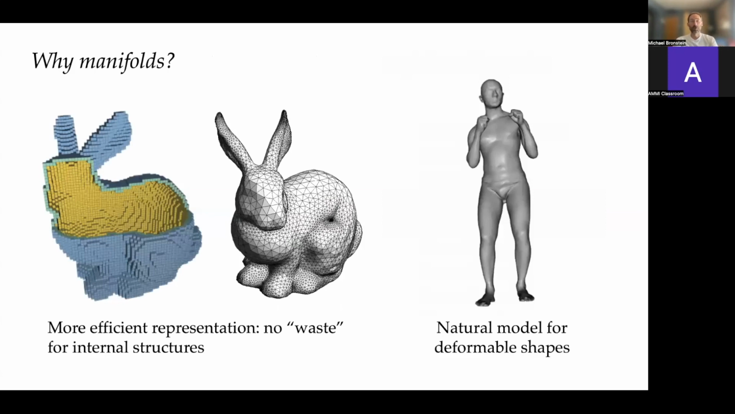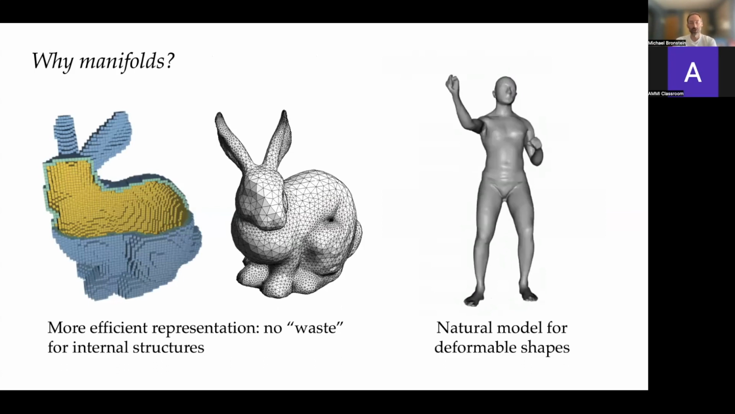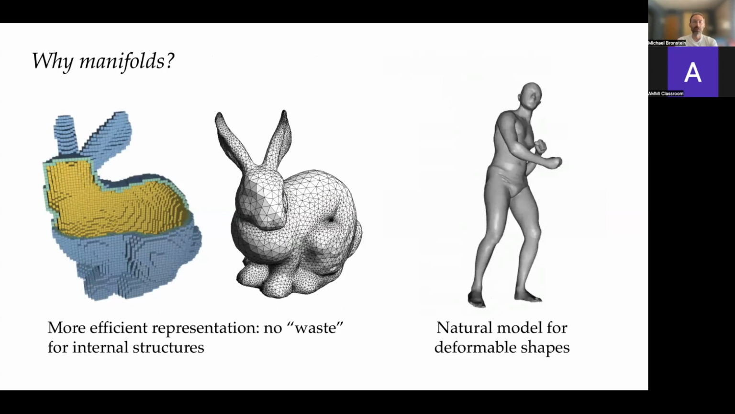So maybe first of all, why at all are manifolds interesting? As I said, they are a little bit of an exotic object in machine learning. When we deal with problems in computer vision and computer graphics, we are trying to describe three-dimensional objects. In many cases, you can describe them as volumes, as shown on the left here. So basically, instead of pixels, you have voxels. And in this case, if you're not interested in what happens inside the object, if you're interested just in the outside,